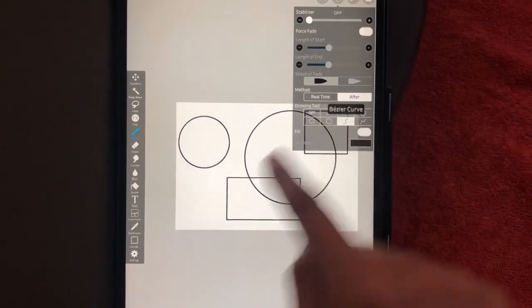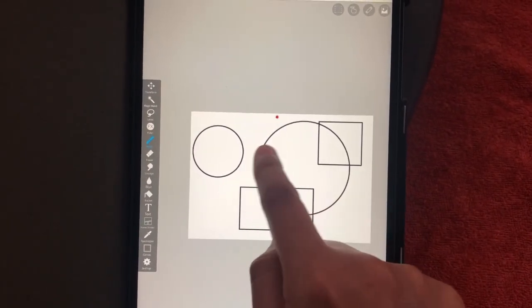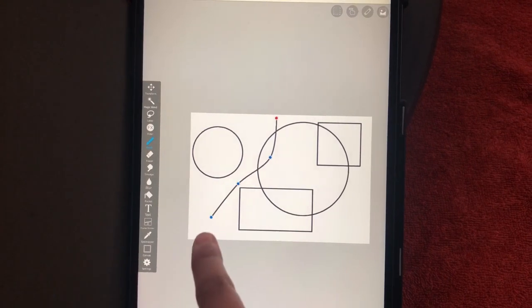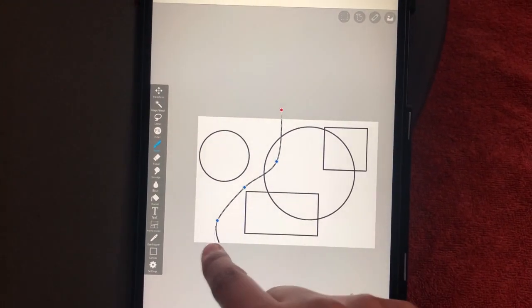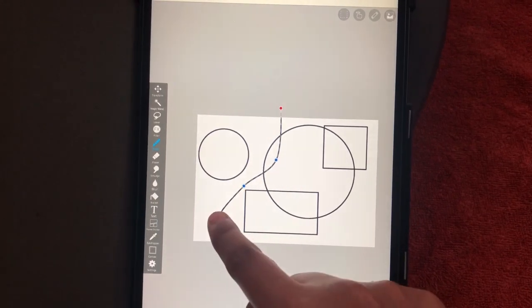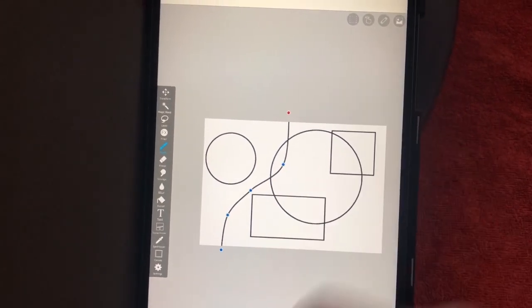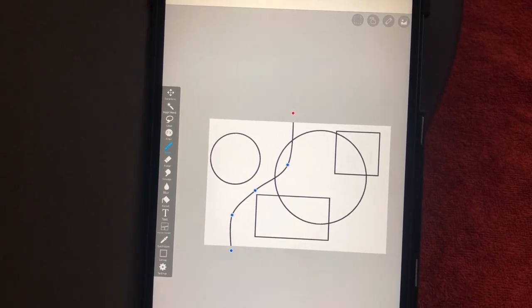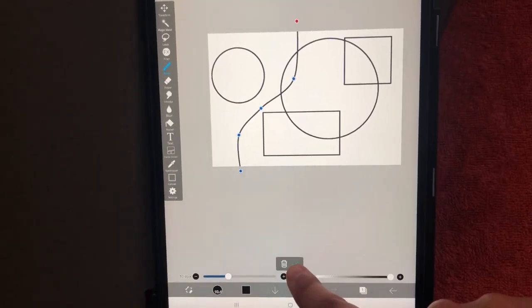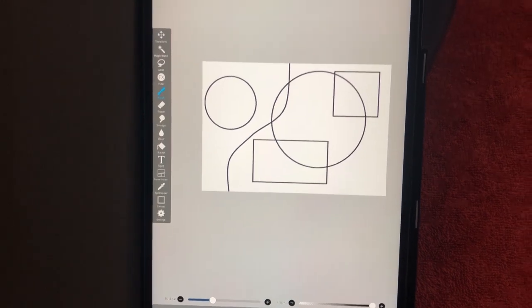I'll draw a curved line. I'll choose the tick option so that I can confirm the curve I've drawn on the canvas.